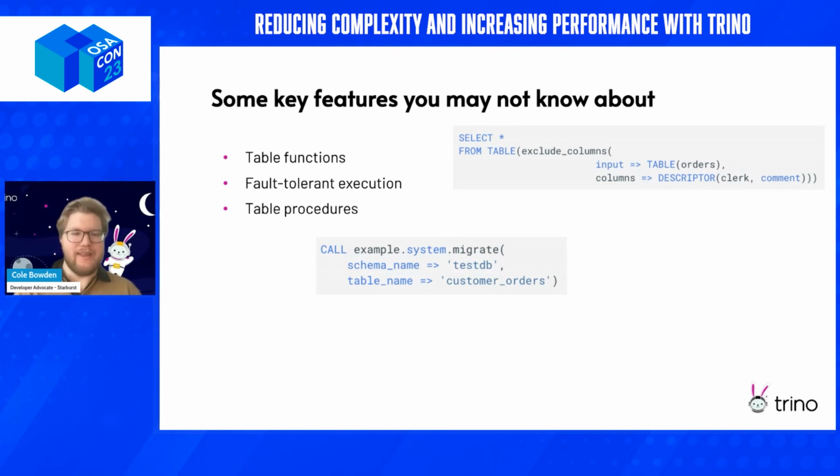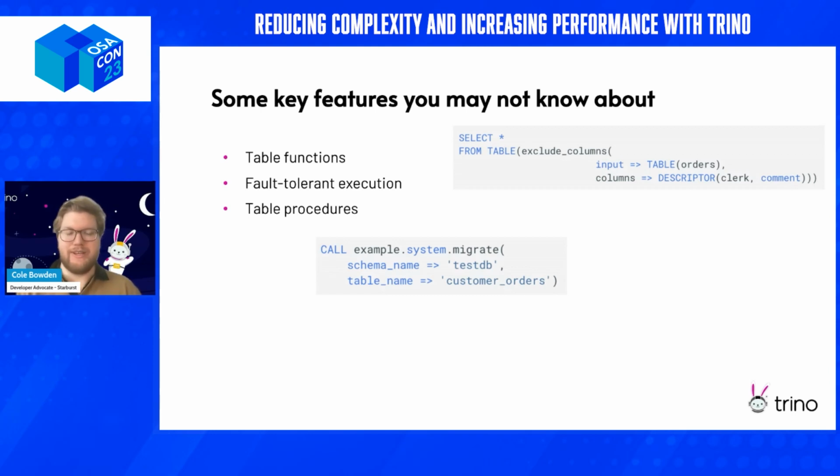A third key thing that has been improving in Trino are table procedures. These are mostly built around those lakehouse storage systems that I was talking about. And they can do a lot of cool things. The example I've got here is a table procedure that allows you to migrate a Hive table into Iceberg using Trino. It layers the Iceberg metadata on top of an existing Hive table as long as the data format is supported. And you can move from Hive to Iceberg and get that new modern data lake speed with minimal hassle and overhead,